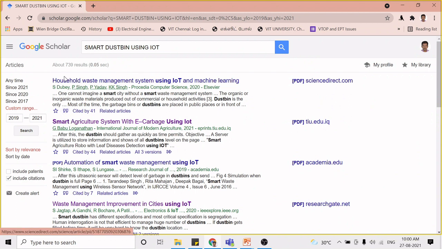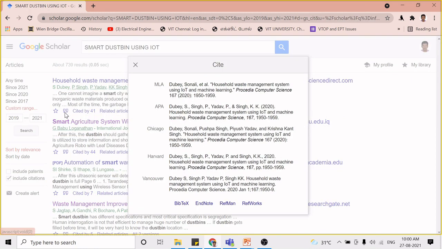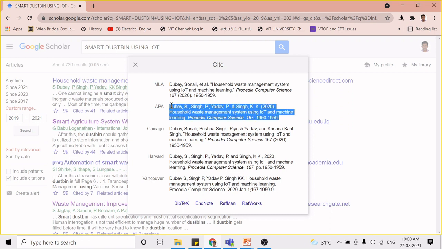Consider I want to cite this first article, household waste management system using IoT and machine learning. Just click this. I want to cite. Below it, you can see the cite option. Just click. You can see MLA, APA, Chicago, Harvard, Vancouver. As I suggested, you want to take the APA. So just click this and